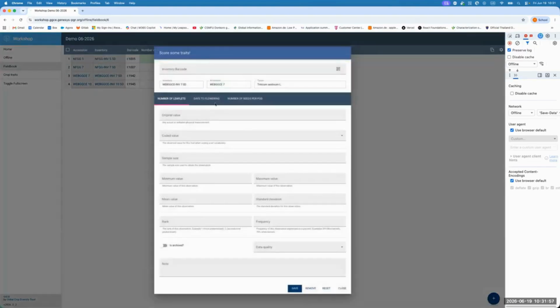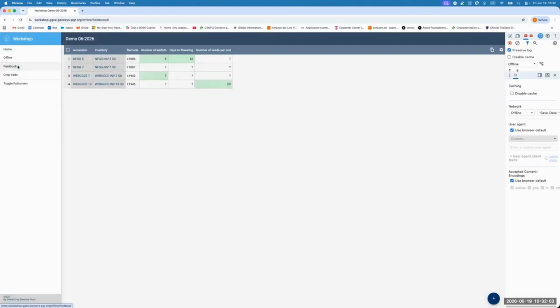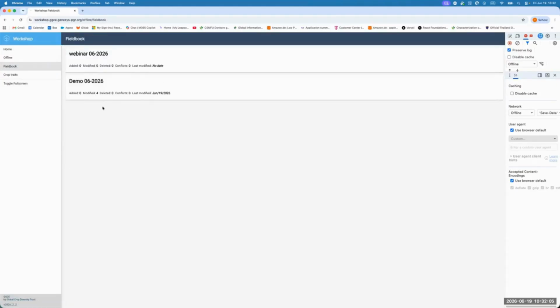Okay, let's do some of them. Okay. So now, as you see, the system shows me that in my field book, there are 4 modified values. Until now, I'm not connected to GGCE. I'm outside. I don't have any connection to my GGCE instance. Let's go